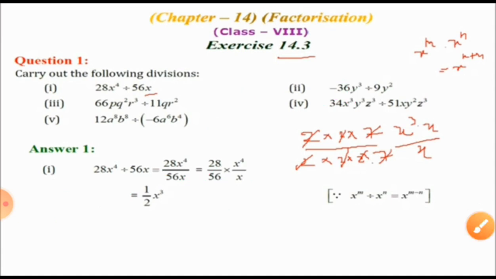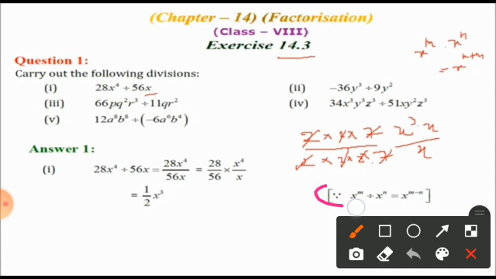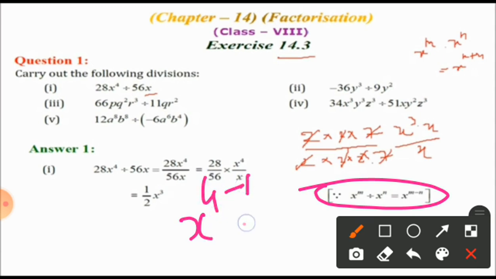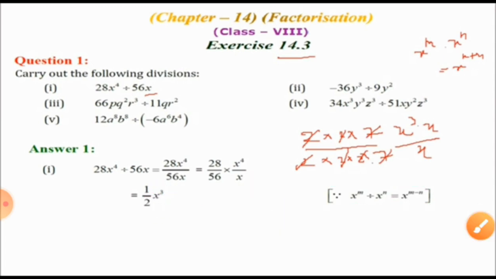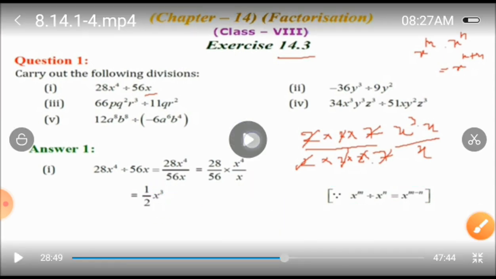Isn't it? Here it is written perfectly, the identity of exponents. Whenever the bases are common, x raised to m divided by x raised to n gives you x raised to m minus n. So n is the 1 and m is the 4. So 4 minus 1, or you can say x raised to 4 minus 1, which gives you x raised to 3. That's why the x raised to 3 came over here. I hope you all got the idea how to do this one.